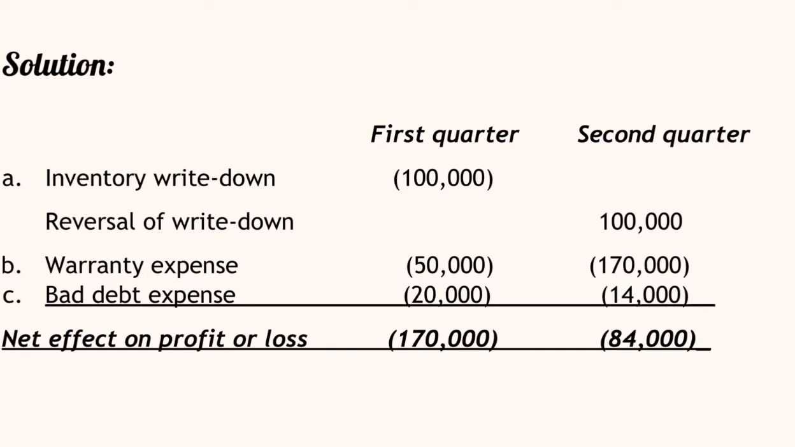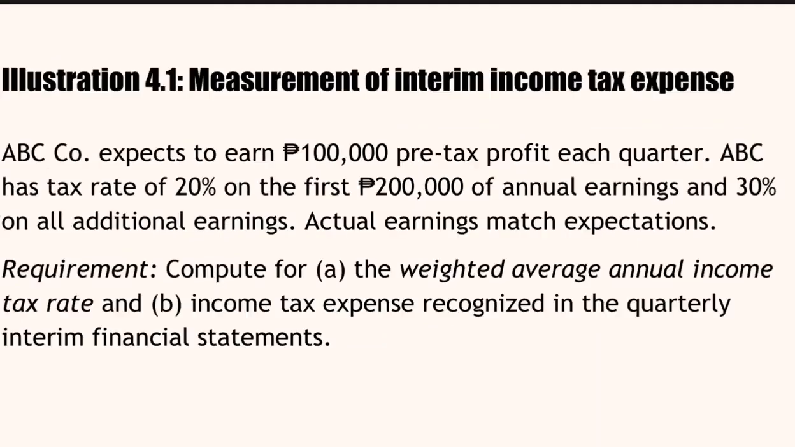Bad debt expense of negative 20,000 for the first quarter and negative 14,000 for the second quarter. The net effect on profit or loss would be negative 170,000 for the first quarter and negative 84,000 for the second quarter. Here is an illustration for measurement of interim income tax expense. The requirement is to compute for A, the weighted average annual income tax rate, and B, income tax expense recognized in the quarterly interim